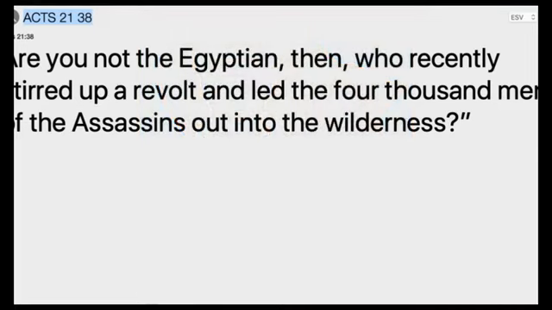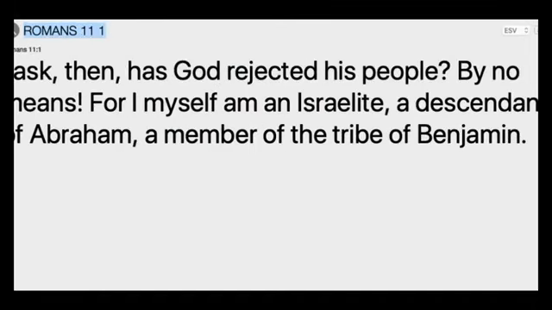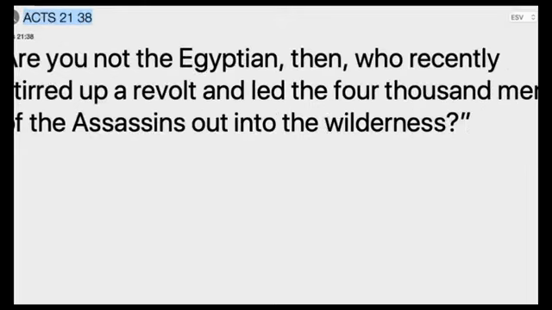Why? Because brother Paul was just as black as the Egyptian, but he was an Israelite from the tribe of Benjamin, from the southern kingdom in Jerusalem. Same thing with Moses and Joseph. The Bible is a black history, man. It has nothing to do with white people. That's why we can't relate to it. That's why we're still hanging on to the Bible, because it was written by our people and it's written about our people.